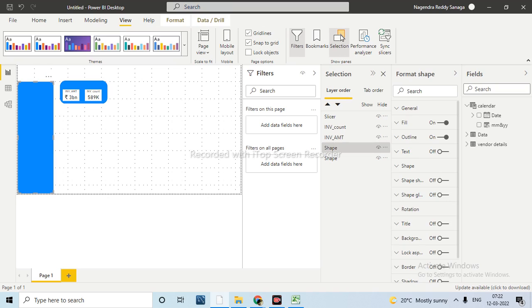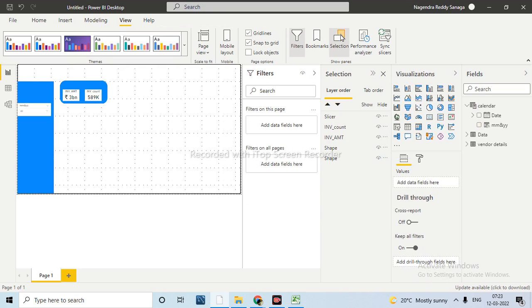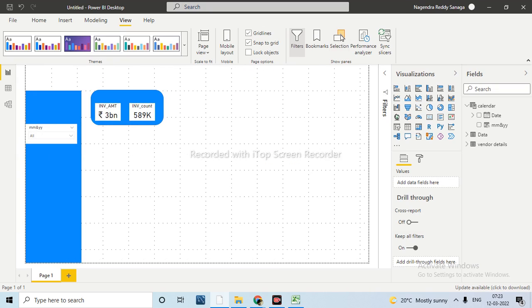Now if you see this, it will be in the top position like this. Now it's clear, right? Now my requirement is, for example, I am selecting September 2021. I have taken 2022 data also. Yeah, February 2022. Here I am seeing the value is February 2022 only.